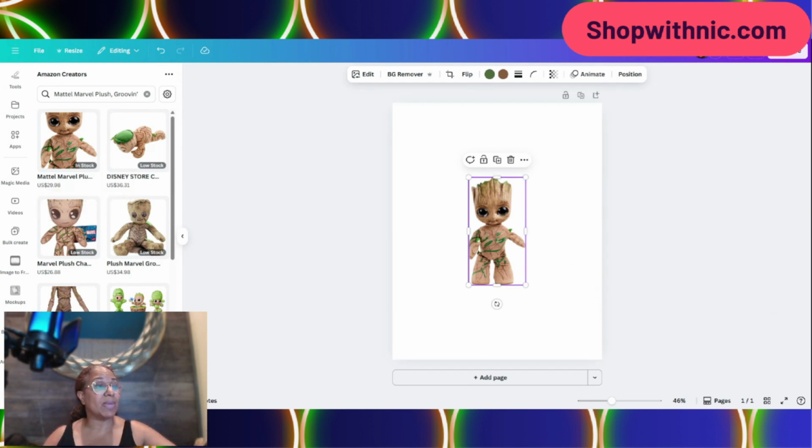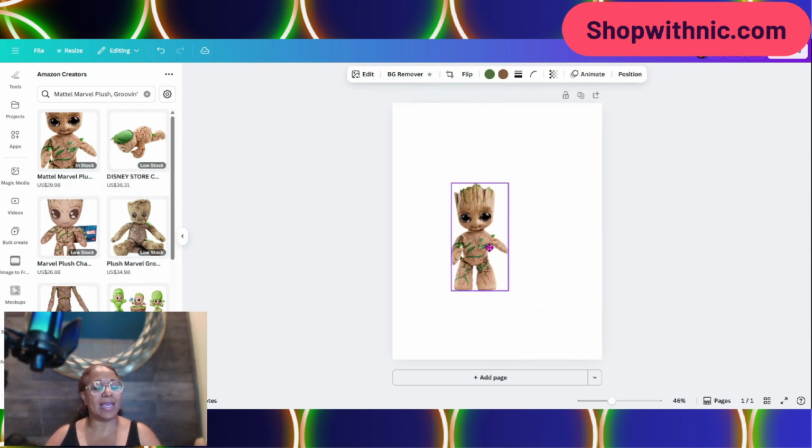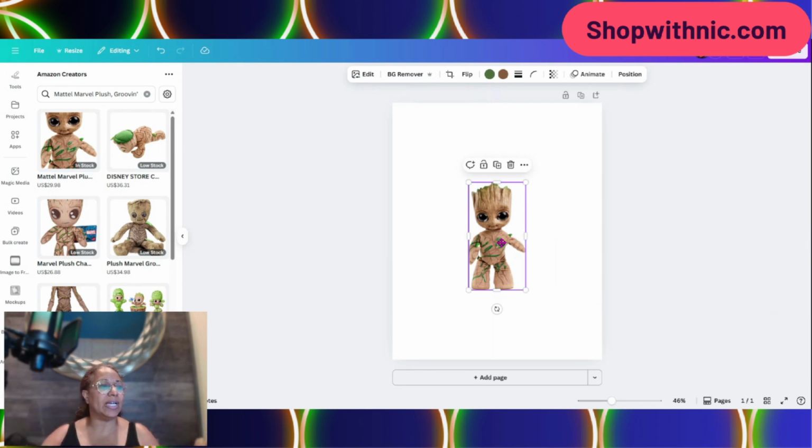It does automatically remove the background. So it does background remover automatically. You can put this in a collage. You can use this image if you want to, or you can cover it. So I like to either